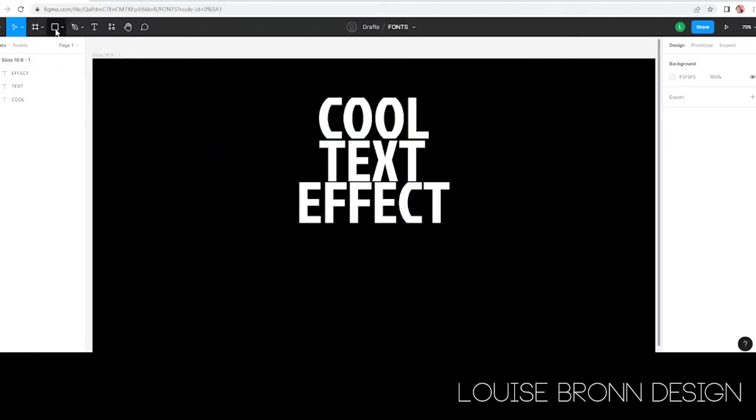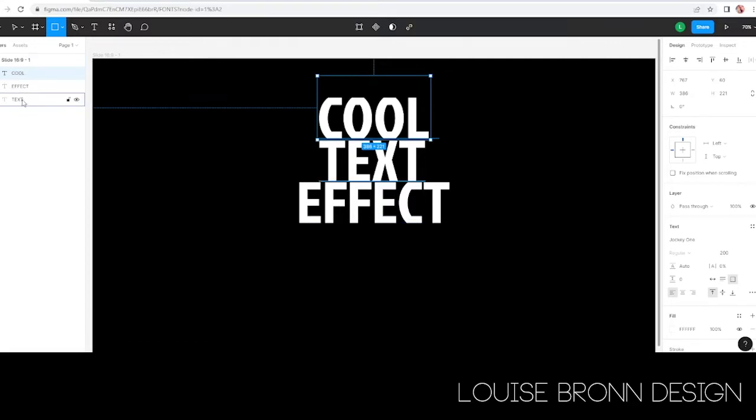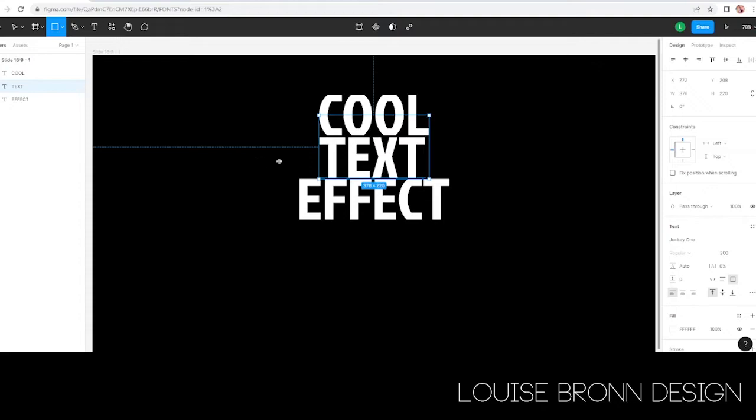This is going to be really simple to create the shadow effect, drop so that it looks like the words are on top of each other. We are going to put the first word at the top, second word in the middle, and then last word right at the bottom. Then we're going to select our rectangular tool,